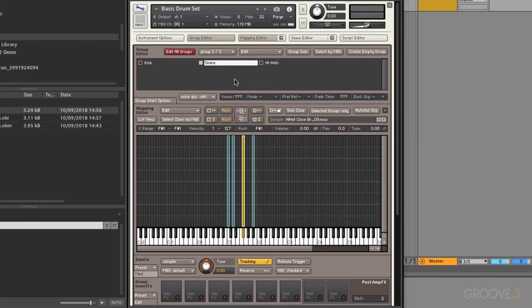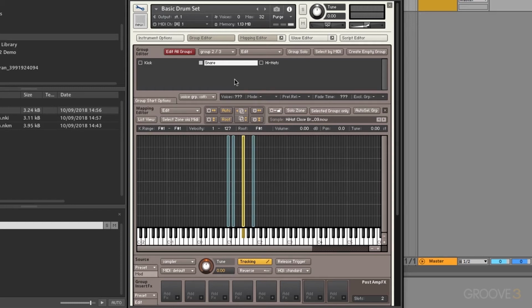So there are 2 ways to route audio to the send effects. We can either route them from an individual group insert effects slot. So for example, if we just wanted to have a reverb on our send channel apply just the snare sound and not the kick or the hi-hat sample, we could do that with the sends in the group insert effects section, which is what we'll show first, and then I'll show you how to apply send effects to the entire